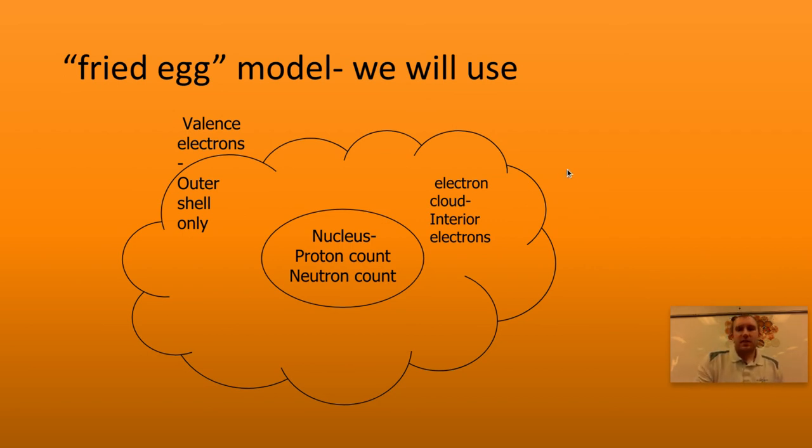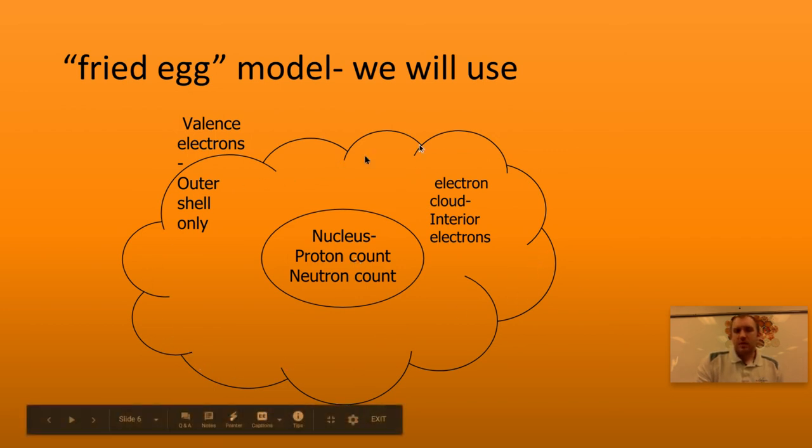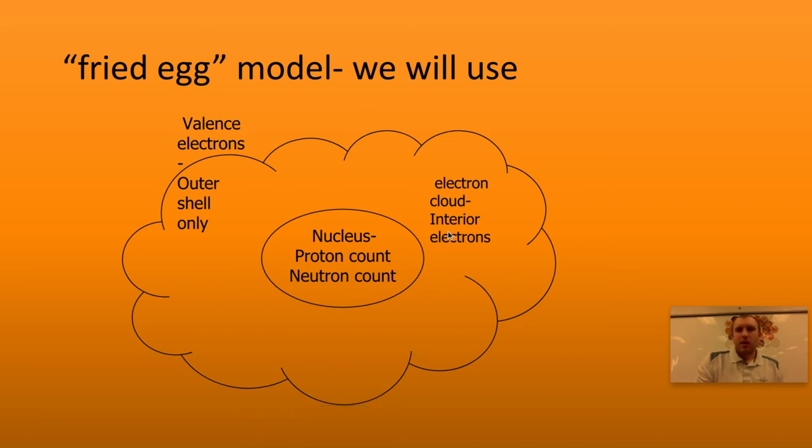So we still have this nucleus where you're going to put your protons and neutrons, and then we have this cloud. So that's what forms the egg part of the fried egg model, a nucleus and a cloud, where you're going to throw your electrons, and then you're going to make sure to take out